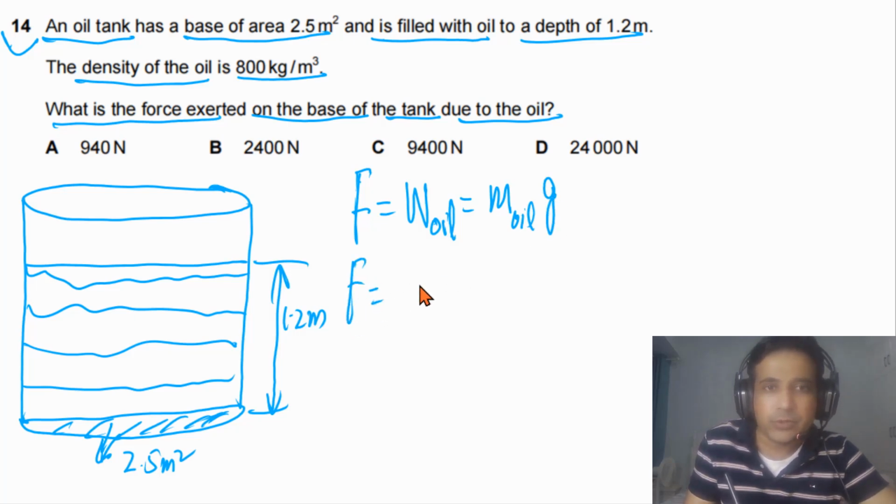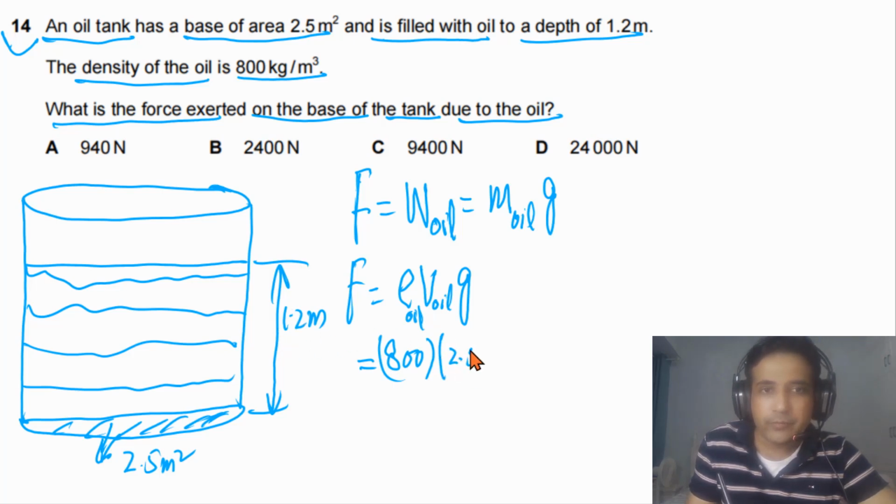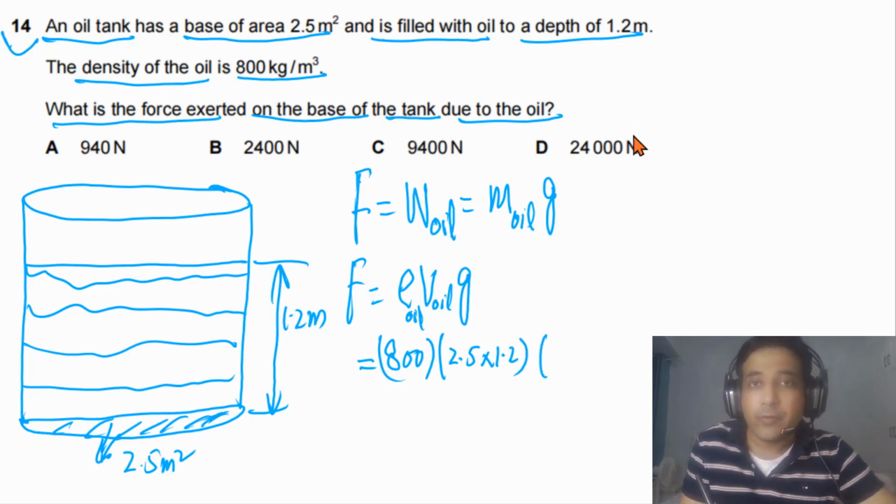So force in this case simply we can write down is equal to rho times V times g. Rho is the density of oil and V is the volume of oil. The density of oil is given to us, that is equal to 800. And volume of oil we can write down as the base area, 2.5, multiplied by depth. And the value of g is very important. For the new syllabus, the value of g you have to use